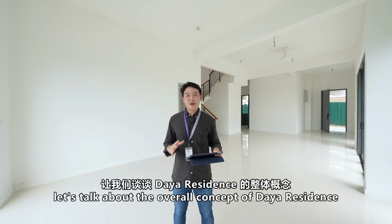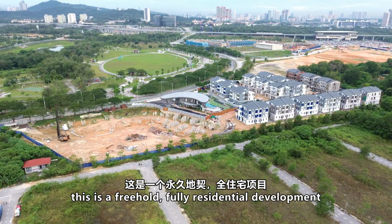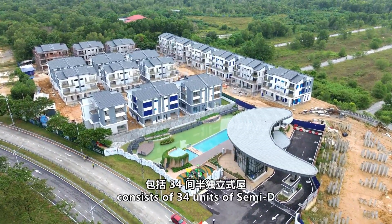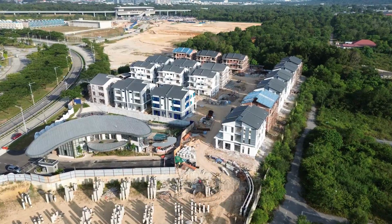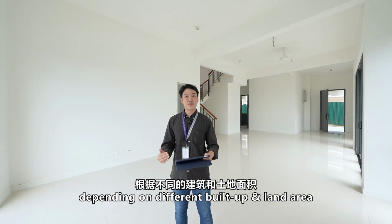Alright, so now let's talk about the overall concept of Daya Residence. First of all, this is a freehold, fully residential development. So it will be developed into 2 different phases. Phase 1 is landed, consisting of 34 units of semi-D and also 1 bungalow unit. So the price of the semi-D ranges from 2.6 to 3.3 million depending on different build-up and different land